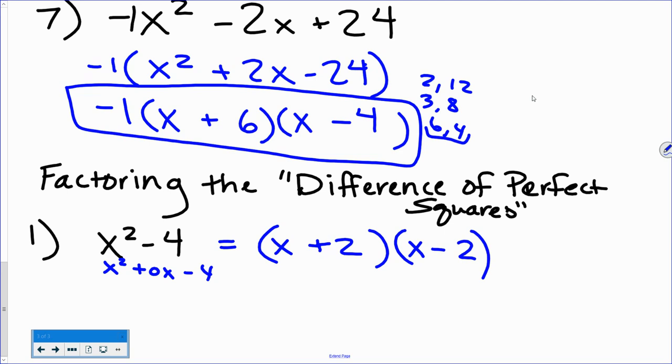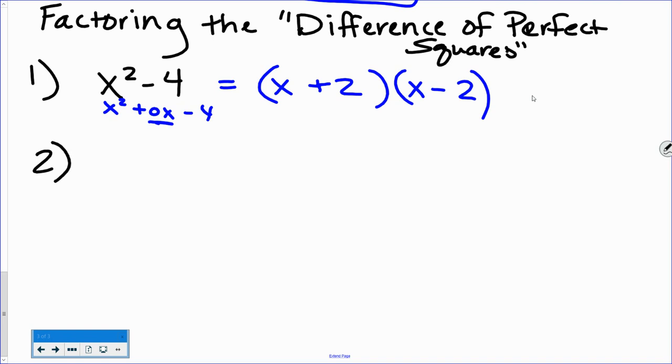Okay, so this will be the setup for all of your difference of perfect squares problems. They'll always look identical with a sign switch in the middle because they're always going to be missing that middle term. So when they combine, you would get 0. So if we look at another option,